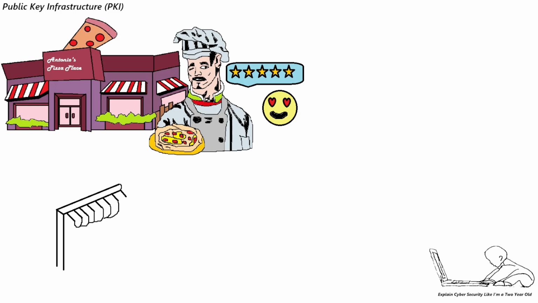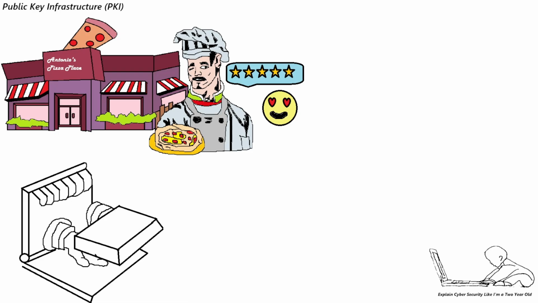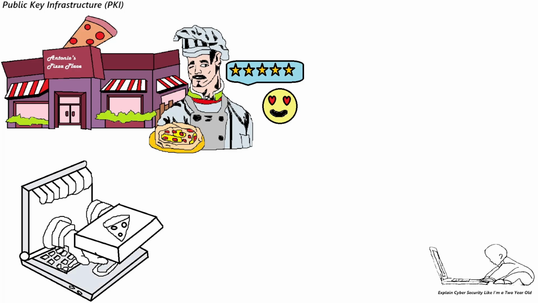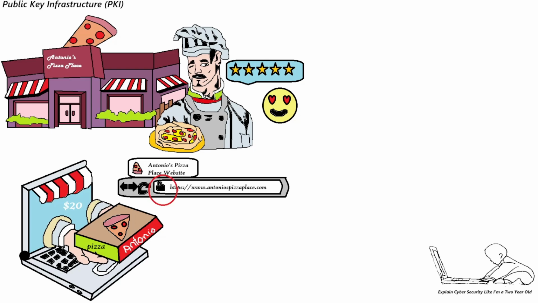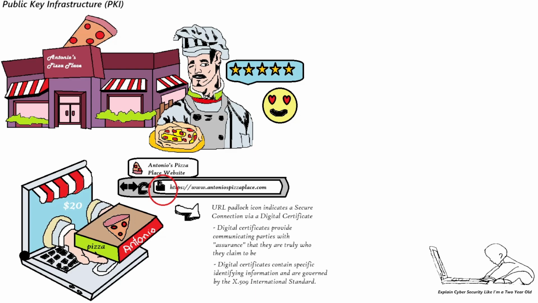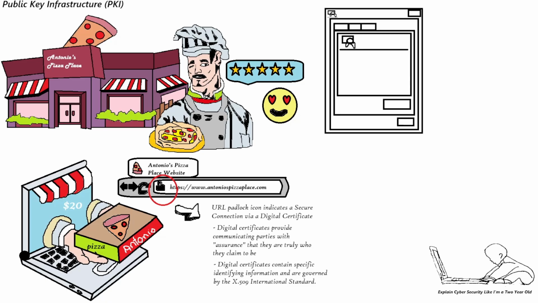So he decides to take his pizza business online, but realizes he needs some cybersecurity in the form of digital certificates, aka SSL or TLS. These certificates provide secure connections using various encryption ciphers and techniques, which is what makes the secure padlock icon appear in the URL browser tab. Key note: digital certificates should conform to the X.509 international standard. This standard requires various subject information and verification processes, all of which you can see from your browser by clicking